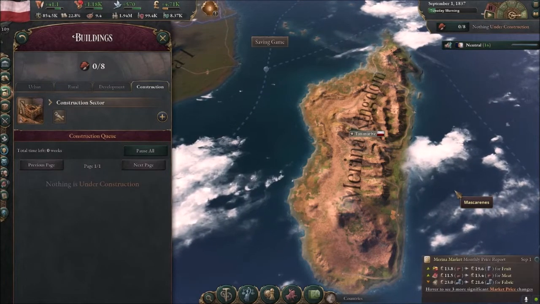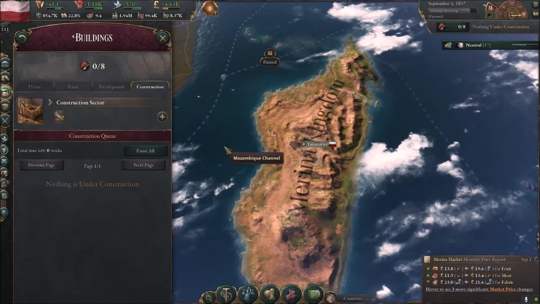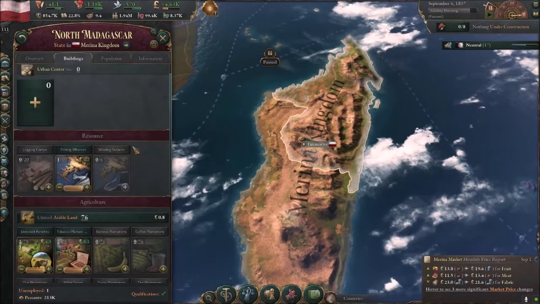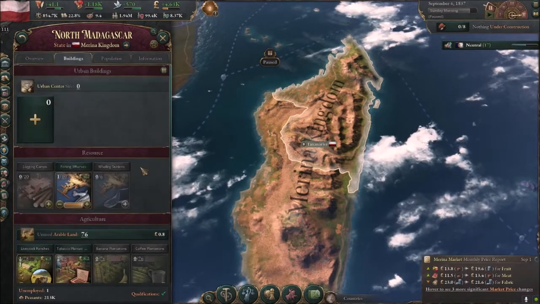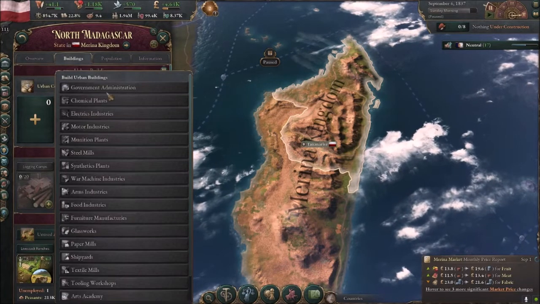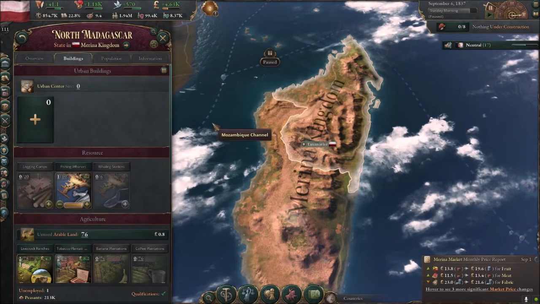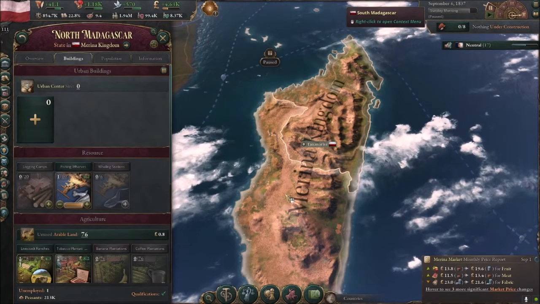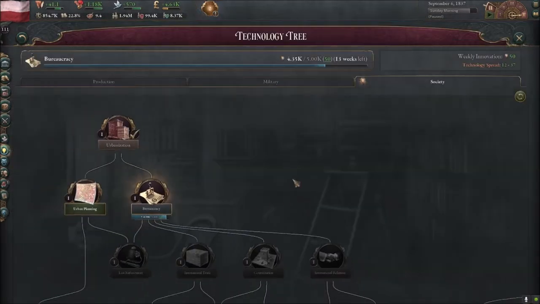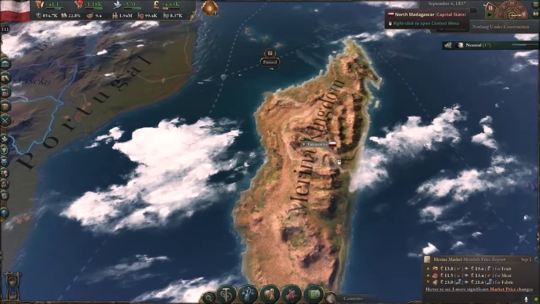Going to pause. Let's see what we have here. We do not have a government building here. Apparently, we can't. We have not invented bureaucracy, so we can't do that. Okay, we're about to invent bureaucracy. So in the meantime,